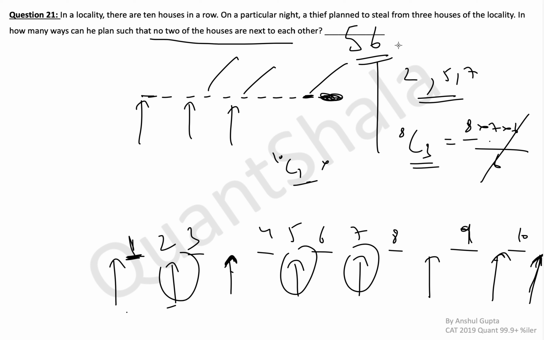You also solve such questions when there are 10 boys and 10 girls who have to stand in an assembly line, but no 2 of them can stand next to each other. That also you solve in the same way, right? You place 10 boys first, and then you say, okay, 10 girls can be placed here in 11 positions. So this is very similar to that question.